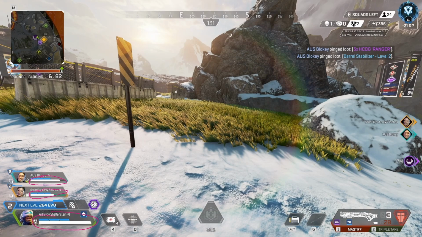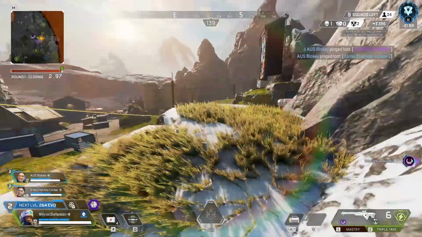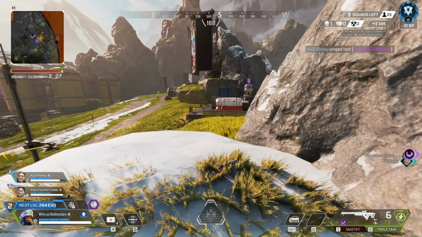I'm full health. I have a purple bolt. I have good attachments for my triple take. I don't need to be looting anything else. There isn't anything in those boxes that I'm going to absolutely direly need in a fight. So what I should be doing is hopping on top of the drill and just looking out for my teammates,